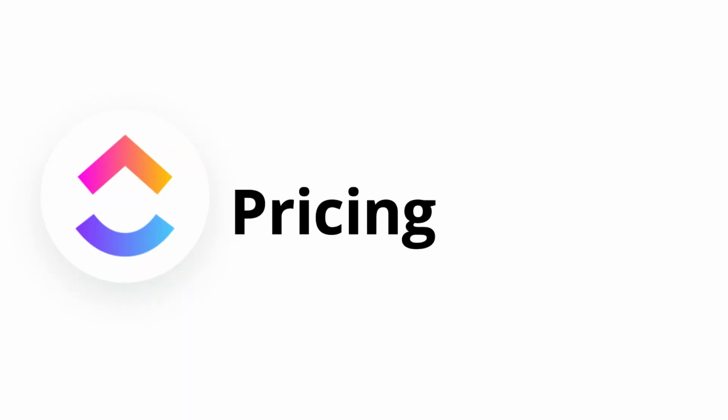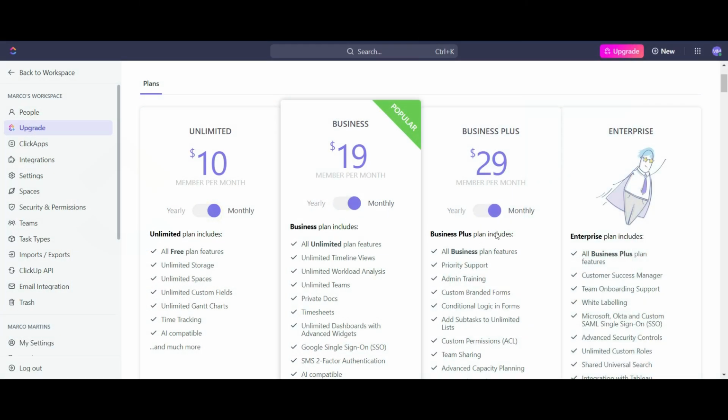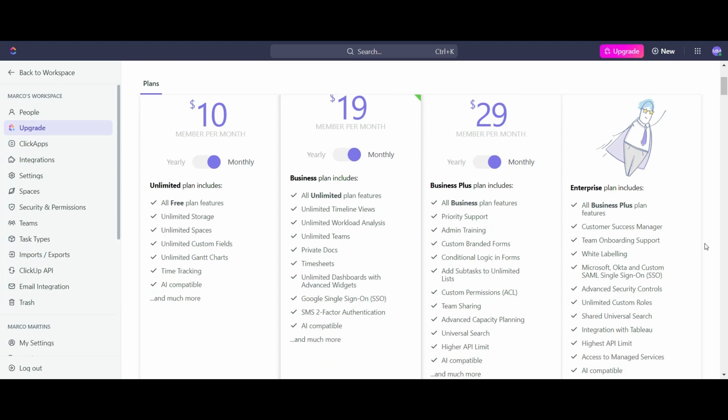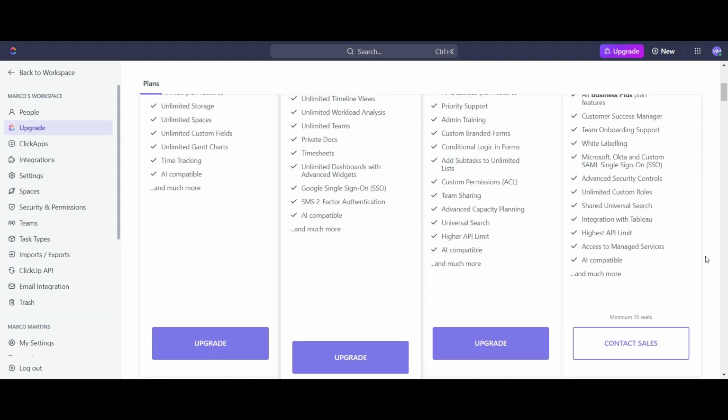And finally, let's talk about pricing. So for $10 a month, you're going to get access to everything plus the AI compatibility, which is brilliant, right? For $20, you're going to have even more. But my goodness, for $10 a month, having access to all of those AI features and everything else, I tell you,